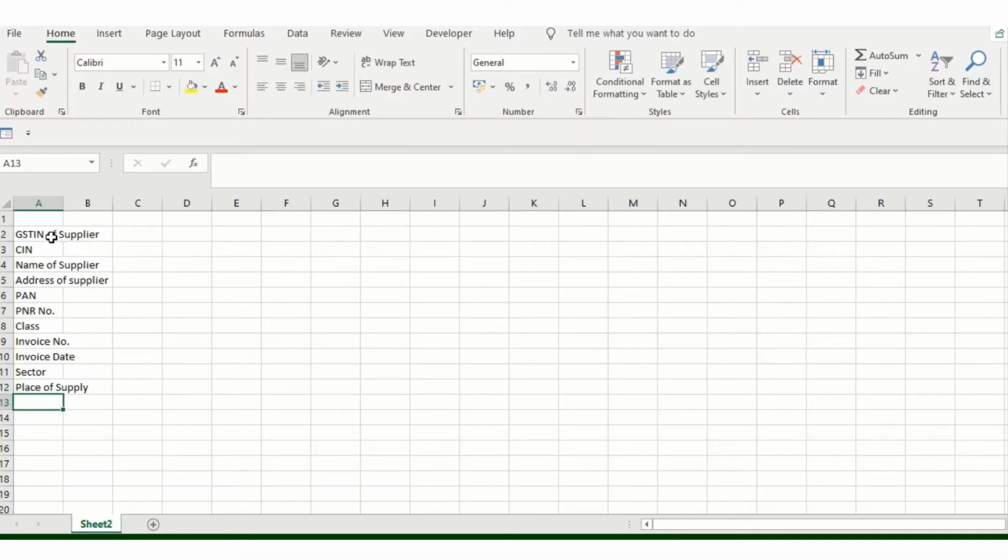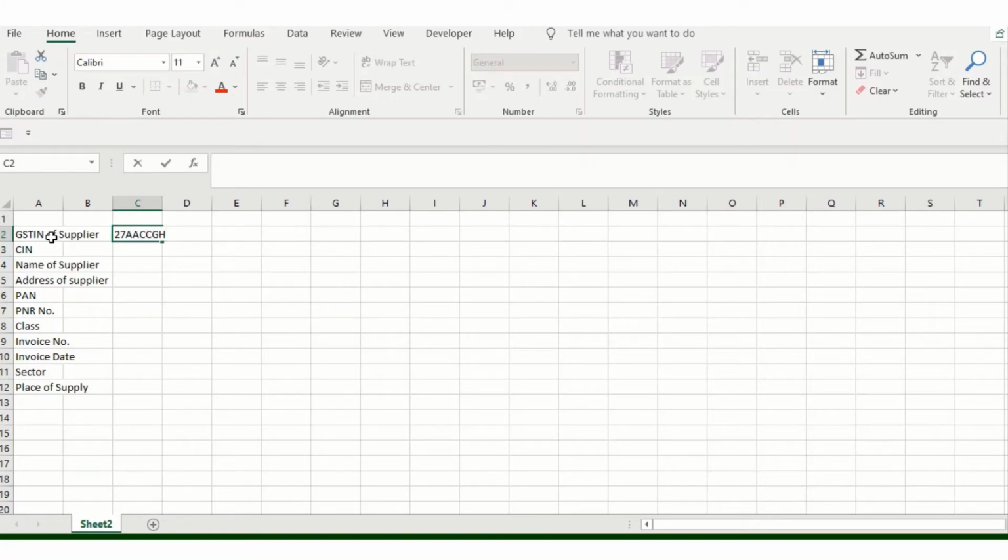I'll add these fields first, and then we'll add the second fields. Now what I will do, I'll keep this aside, and then add the details over here. Whatever GST and CIN number I do have, I'll add those.